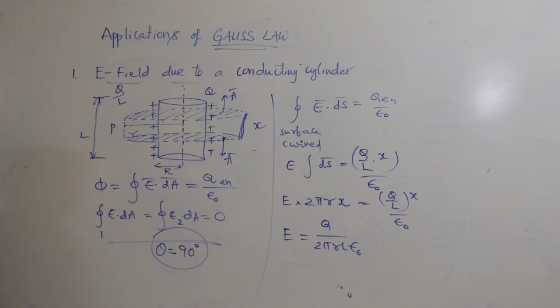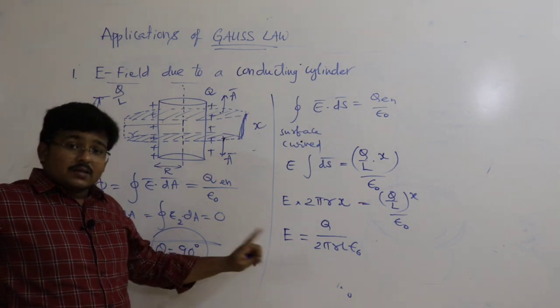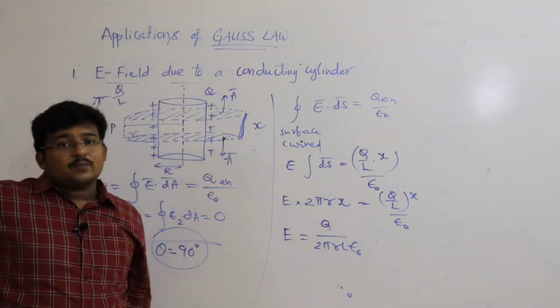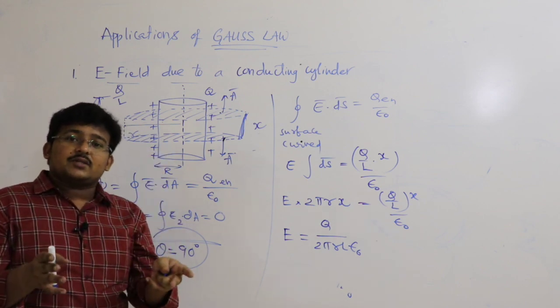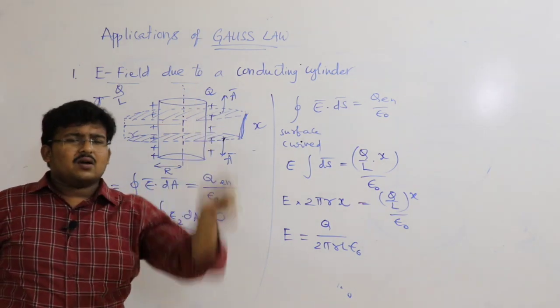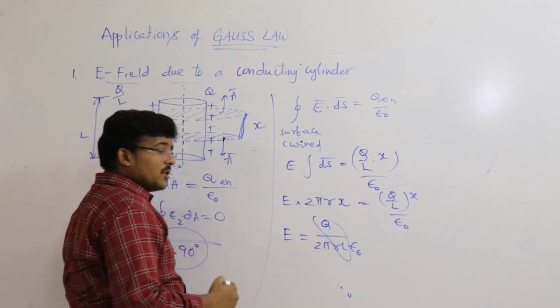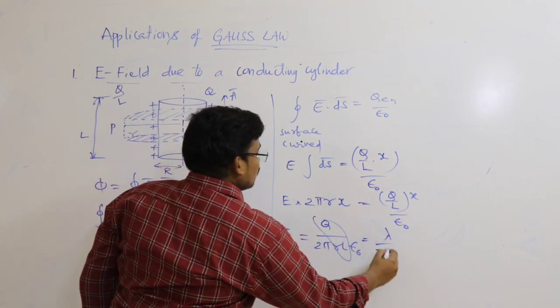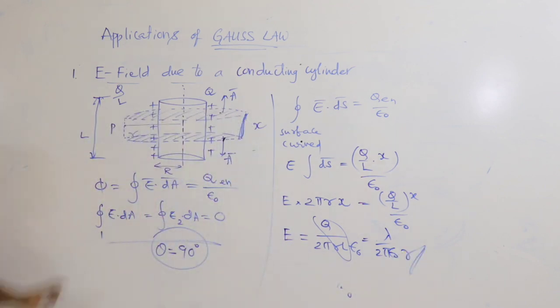But here this is a conducting cylinder. It looks like a rod only. Conducting cylinder means the charge is present on the surface, and when you see from outside this looks like a rod. That is why we got the same formula, because you know this one, Q by L, is again lambda. So you got the same formula, lambda by 2 pi epsilon naught r. So this is for a conducting cylinder.